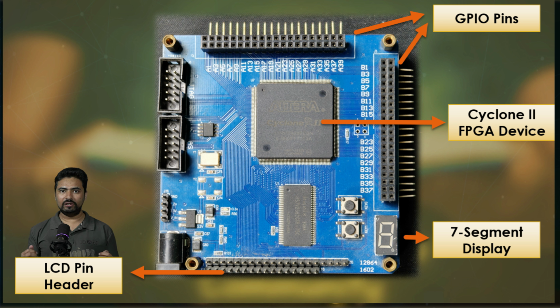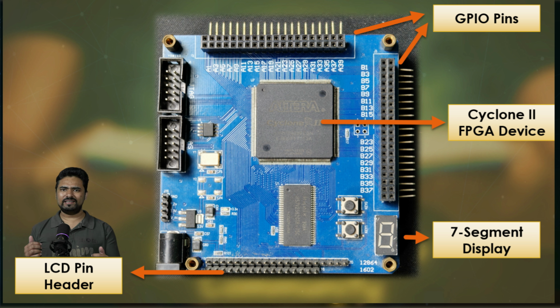Our first project will involve reading the input from a single switch and controlling a single LED output. This project is focused on understanding the tools and procedures required to implement a project and program the FPGA on board. Next, we will implement a simple state machine on the FPGA development board. This example will demonstrate how state machines can be implemented and run on real hardware.